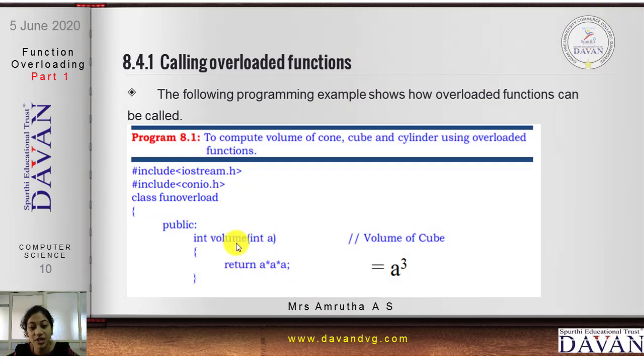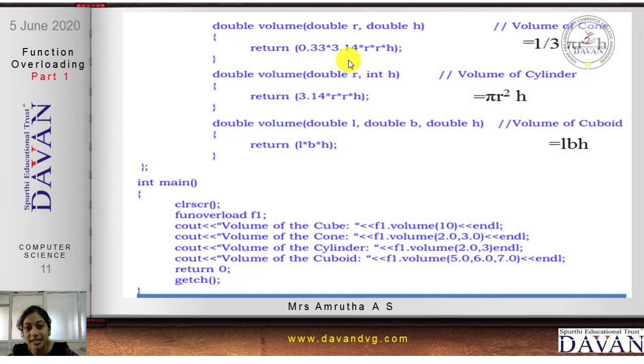When the same function name has been written for 4 functions, this is said to be function overloading, where the main thing we concentrate on is the number and type of arguments. Here the changes will happen. These things will be taken care of by the compiler. The compiler will decide which function has to be called based on the values I pass.